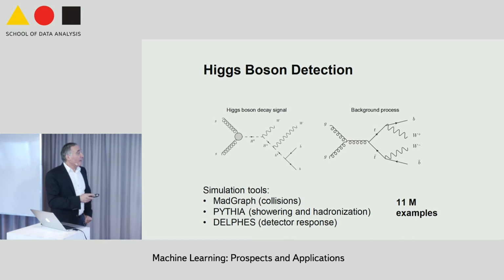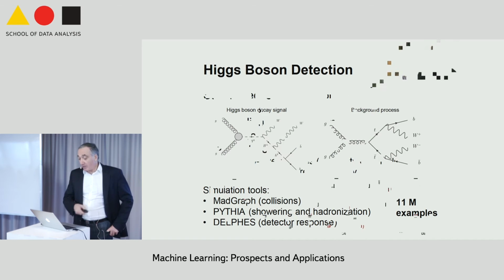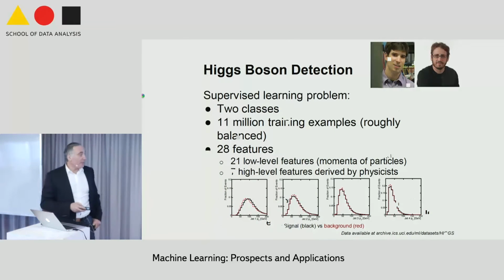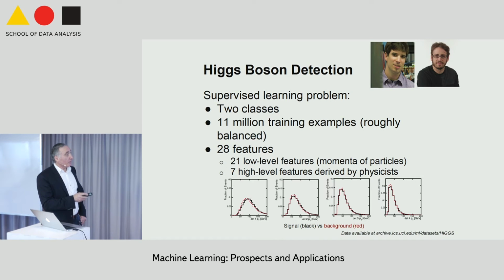So that's how the Feynman diagrams look. This is a collision that produces Higgs bosons, and then they decay into W bosons and bottom quarks. And this is the model for the background process, which produces slightly different signals. The data set we have in this case is of the order of 10 million examples. This is work done with Daniel Whiteson, a physicist at UCI who is also part of the ATLAS Consortium at CERN. This is Peter Sadowski, one of the students in my group.